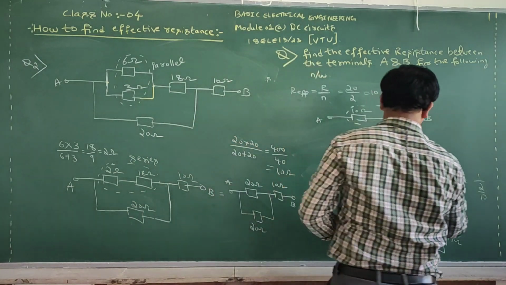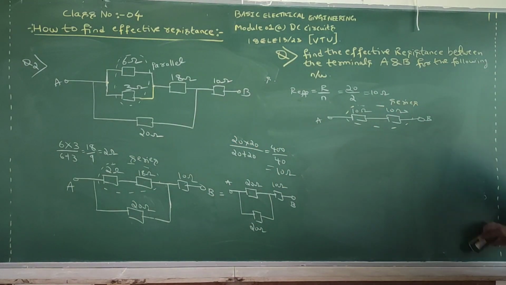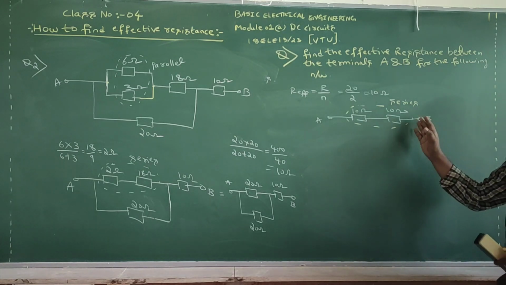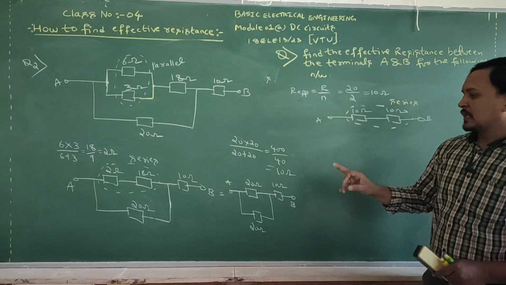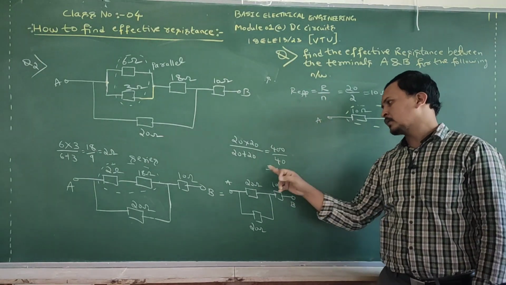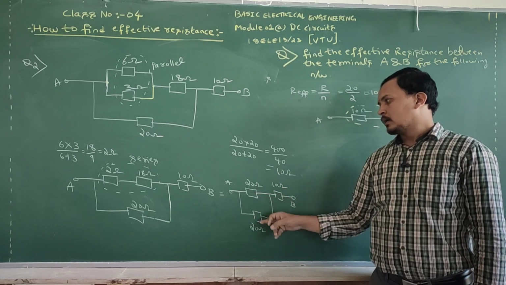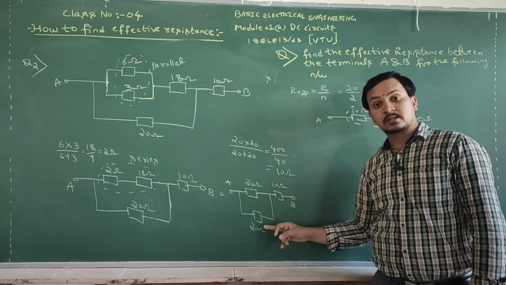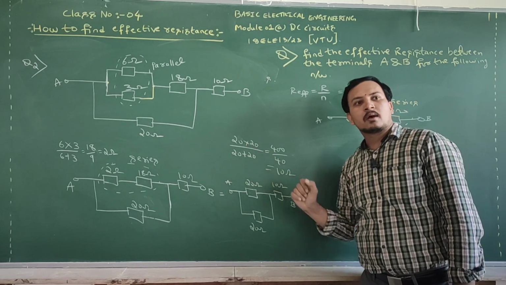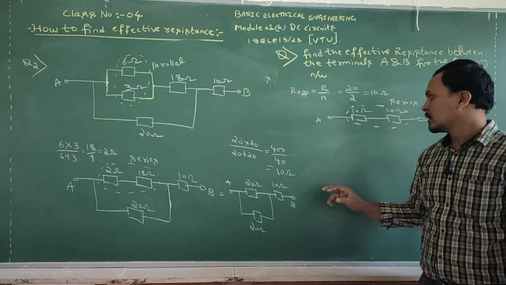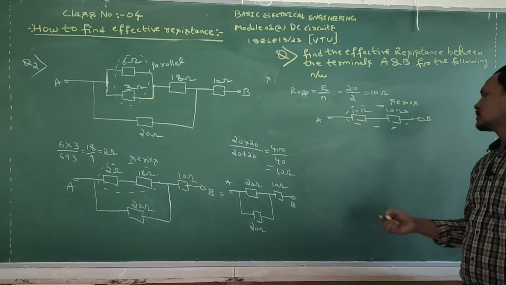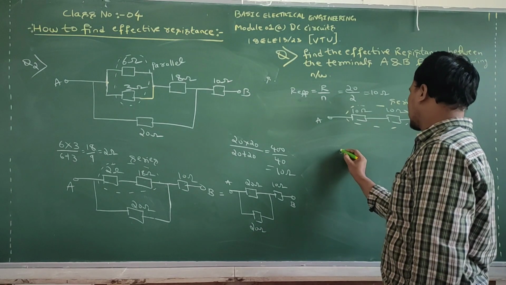So pause the video and then copy down. Okay, this is a detailed solution for this problem. See, first I applied the identical concept. If you don't know this formula, then you can simply use the basic formula. When two resistors are in parallel, in the numerator multiply the resistance values, in the denominator add the resistance values. That gives the final answer. What is the final answer? 20 ohms.